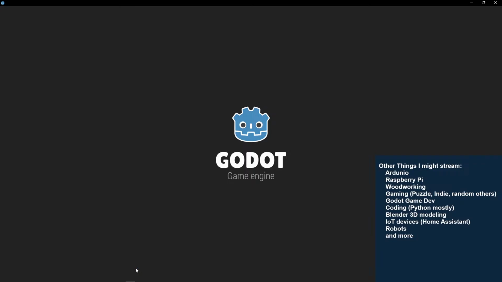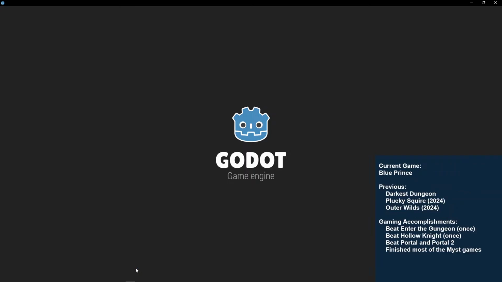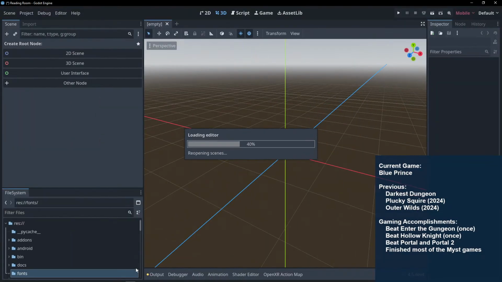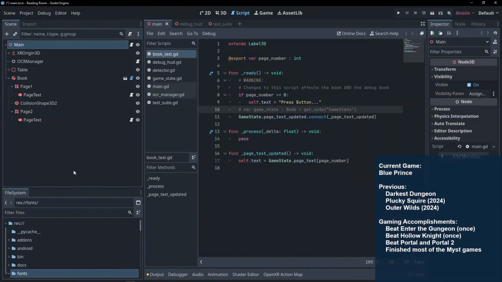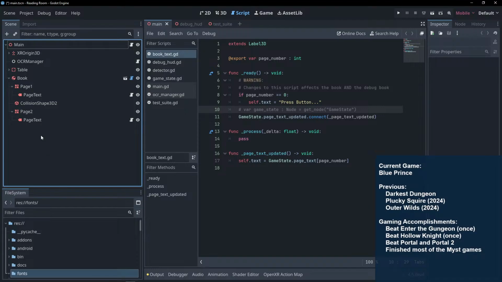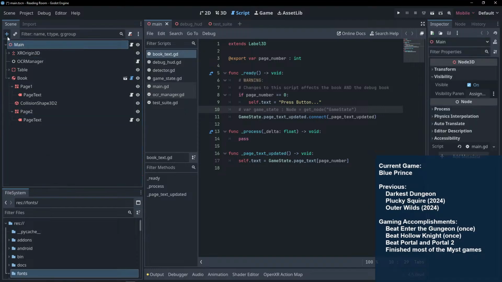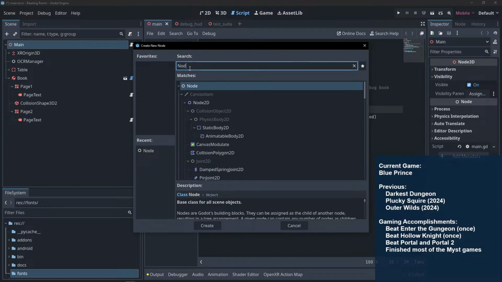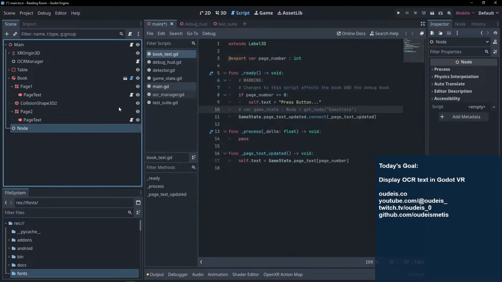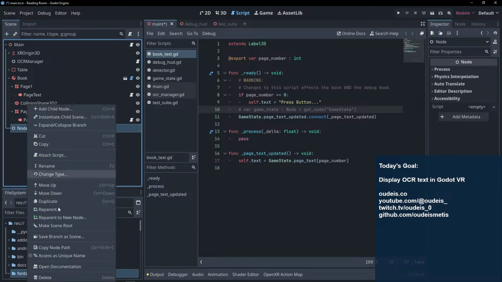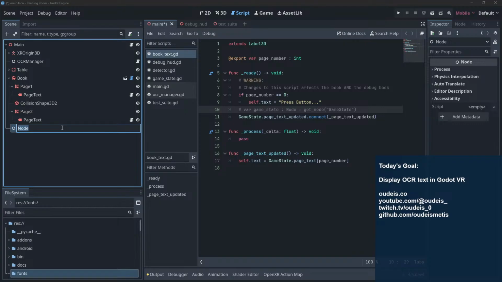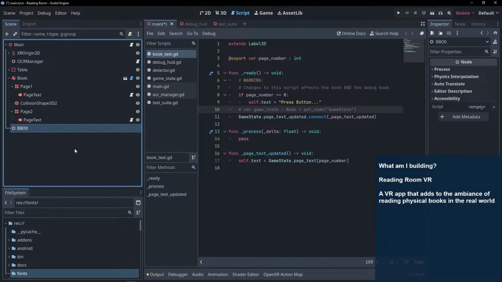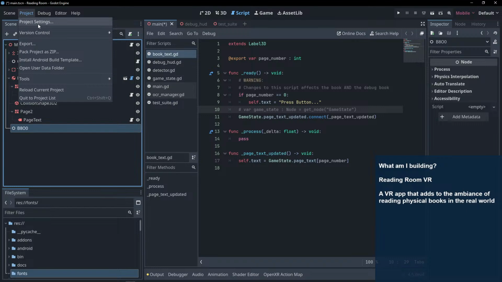I wanted to try something real quick. If I go to main here, let's add a node, a vanilla node. Let's rename it to B800. There, B800. Now, if I go to project settings,